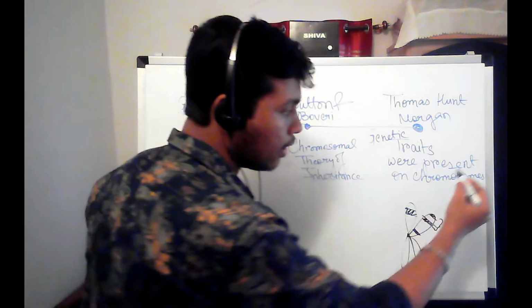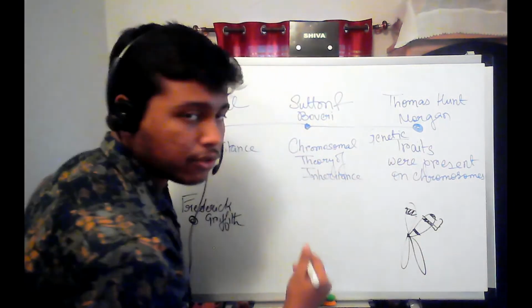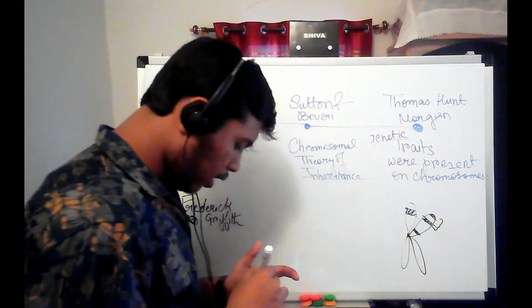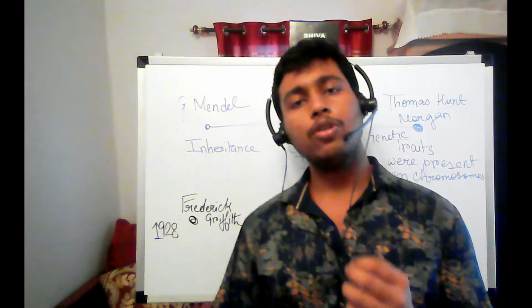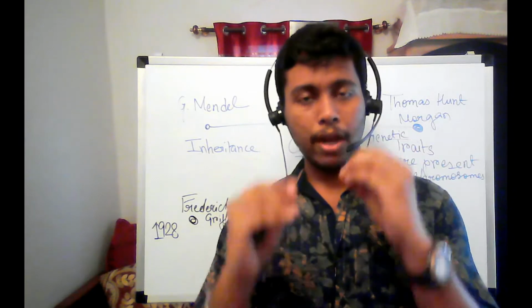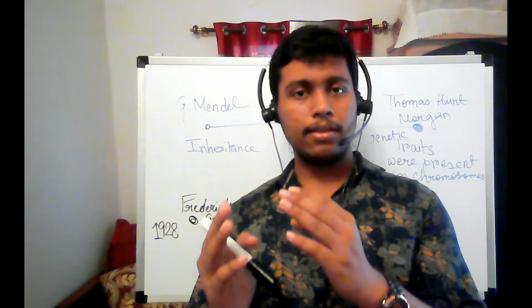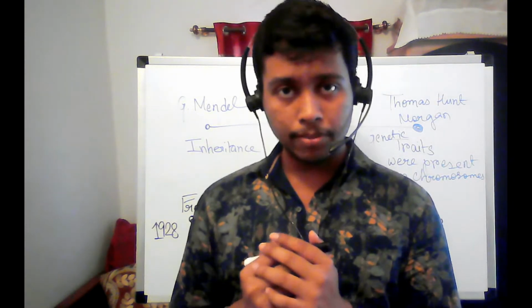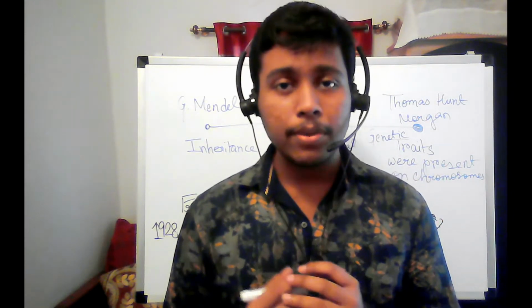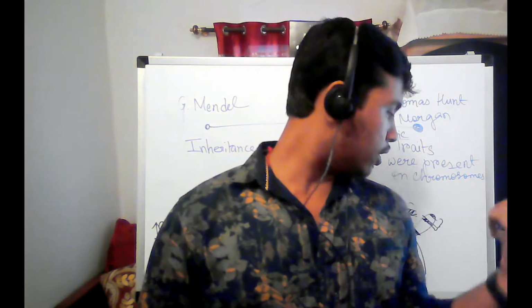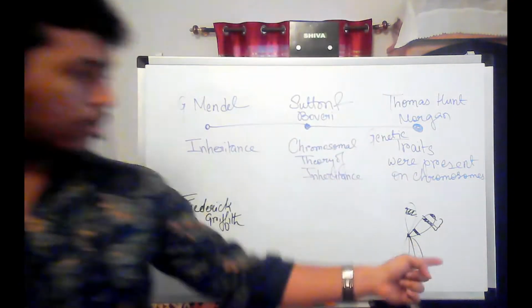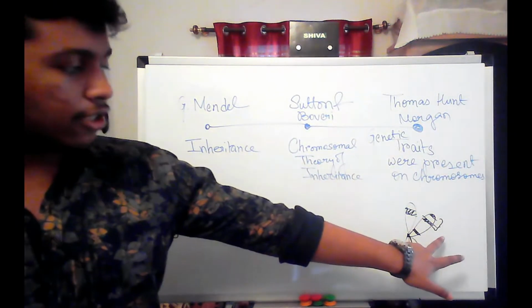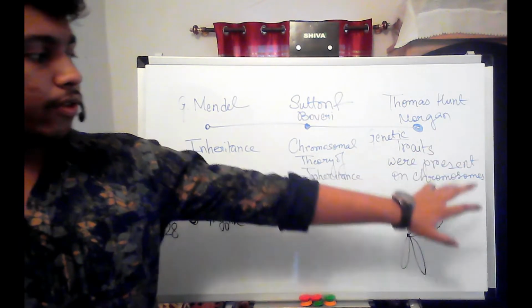So what happens is that the ones which are linked can be transferred from parents to the offspring easily. Sometimes what you tend to see is that the parents' characteristics are resembled in the child. How is it happening? Because there are some genes which are linked to each other, hence these genes are transferred from the parent to the